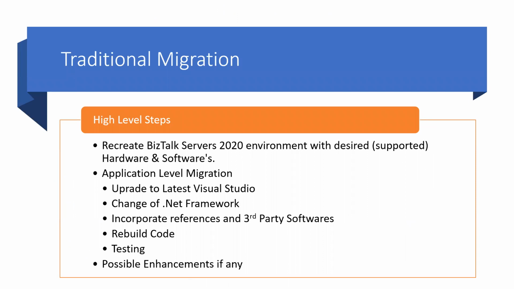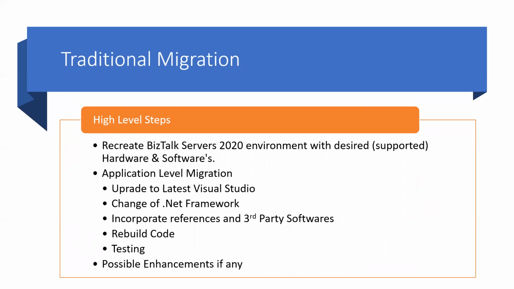On a high level, we have already discussed this. When we talk about BizTalk migration, I'm talking about the code migration. There are a few things which we do. First thing is we migrate to the latest version of Visual Studio, right? And second thing is we change the .NET framework. If you want the default framework, then BizTalk solutions, BizTalk projects will be changed by default. However, the other helper projects will not be changed, so that will have to be changed manually.